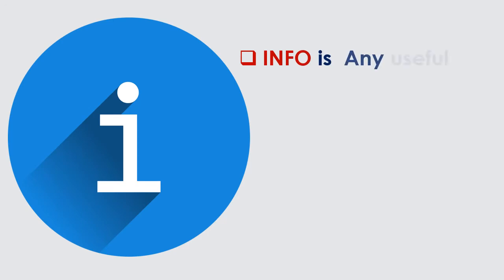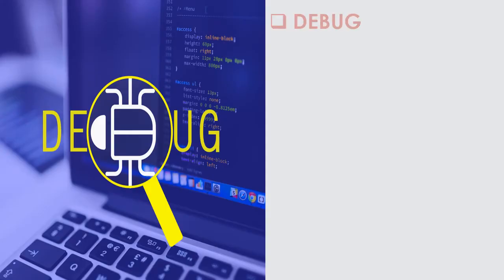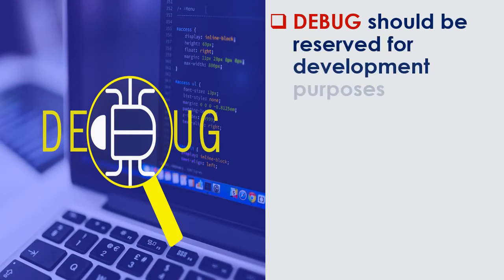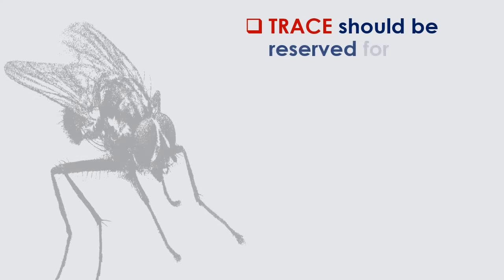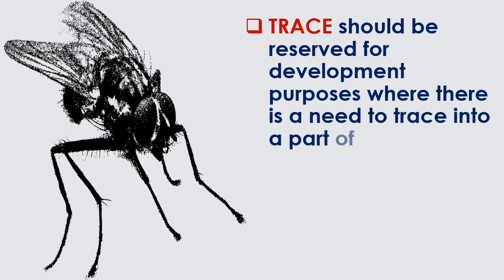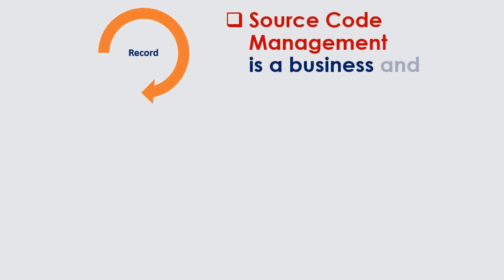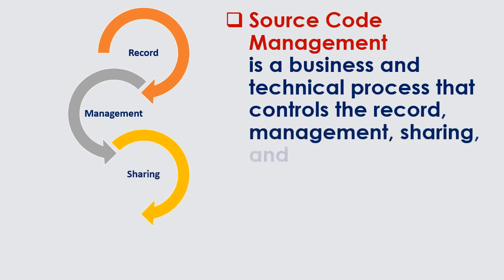Info is any useful information about the system to be logged. Debug should be reserved for development purposes to improve the code. Trace should be reserved for development purposes where there is a need to trace into a part of a function's execution. Source code management is a business and technical process that controls the record, management, sharing, and versioning of source